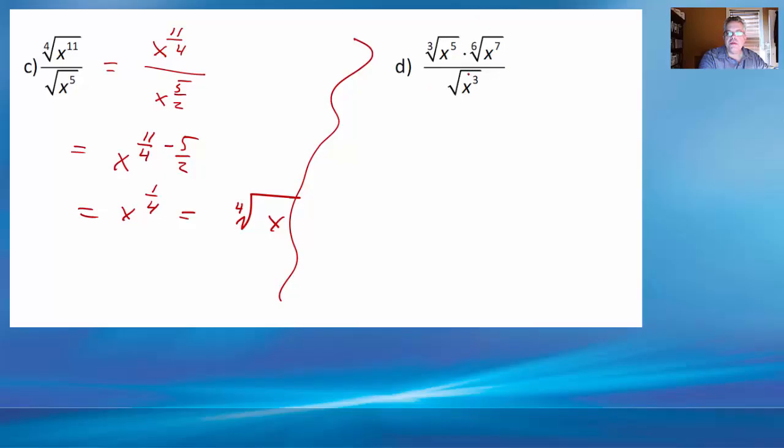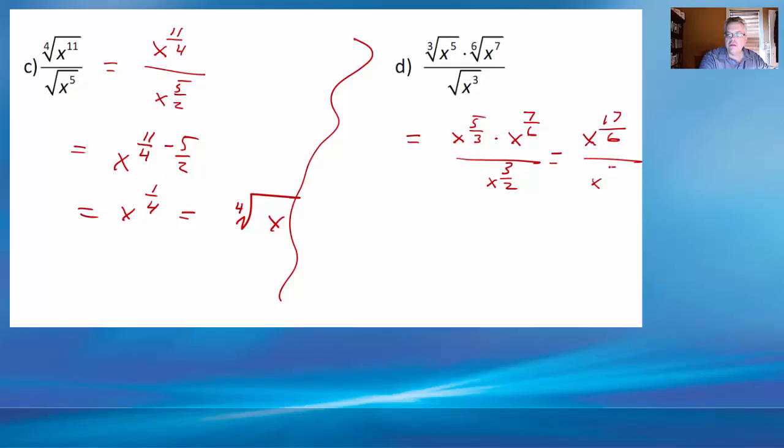Time for our last one. This is a little bit more complicated. Let's convert it all to exponents. So it'll be x to the 5/3 times x to the 7/6 divided by x to the 3/2. We can do it all at once, but I'll break it up. I'll just do the numerator first. 5/3, that's the same as 10/6. When we add 7/6, we get x to the 17/6